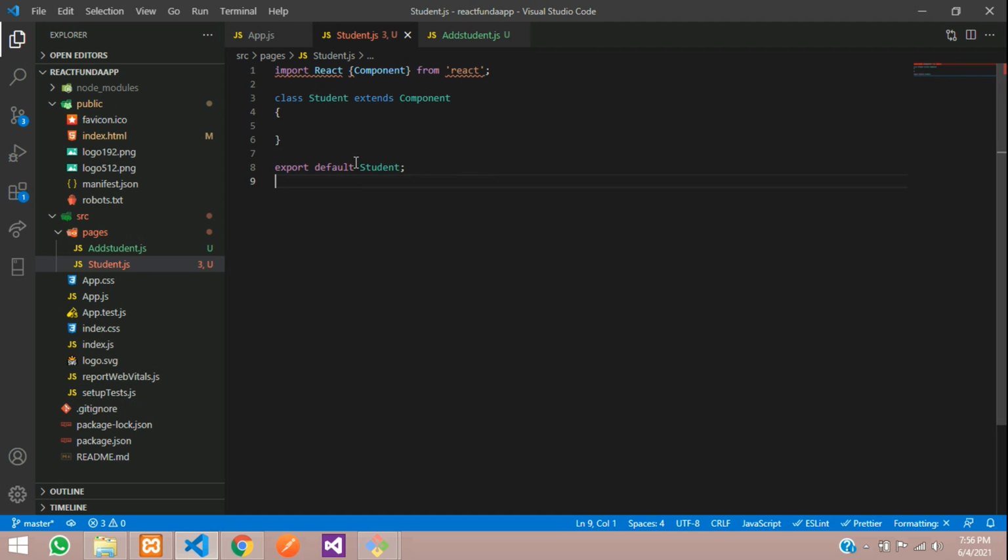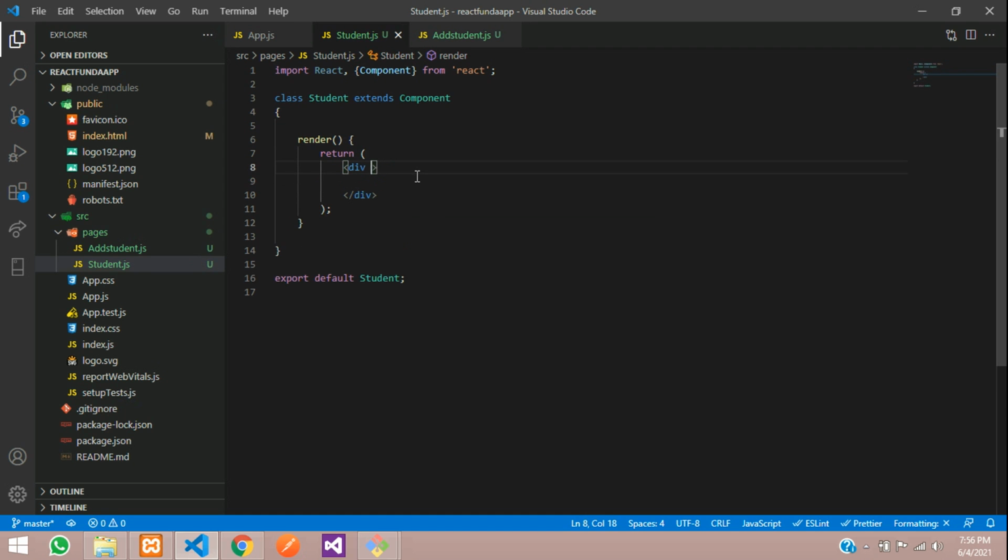Okay, and now you have the render function, open and close curly brace. Let's use return, and inside this, okay, here we forgot to give a comma. Just give a comma and start with the div tag. So div, design the class name called container